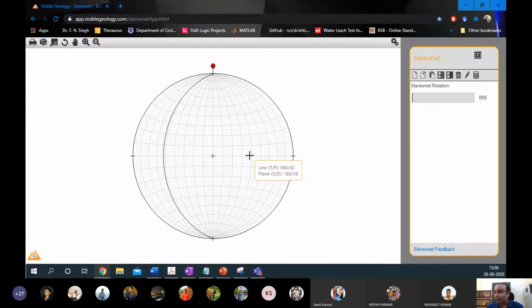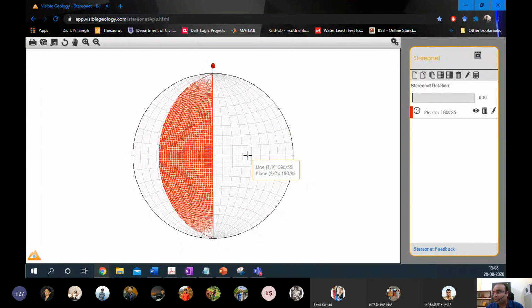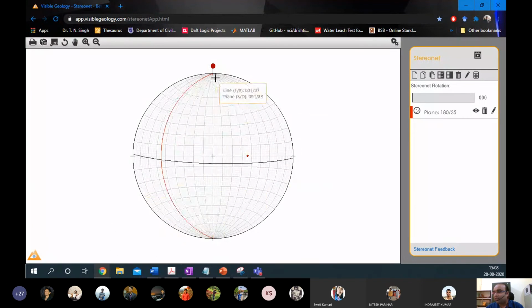Let's make a plane that we were seeing from the 30-degree strike and 70-degree dip. So for now we just make a plane for the sake of it. Just double click, and this basically represents a plane, right? And the representation is in form of an arc.